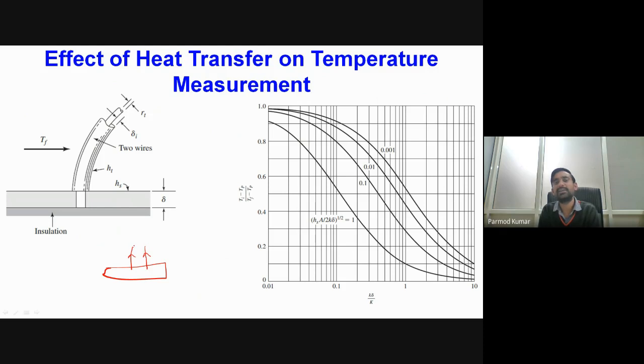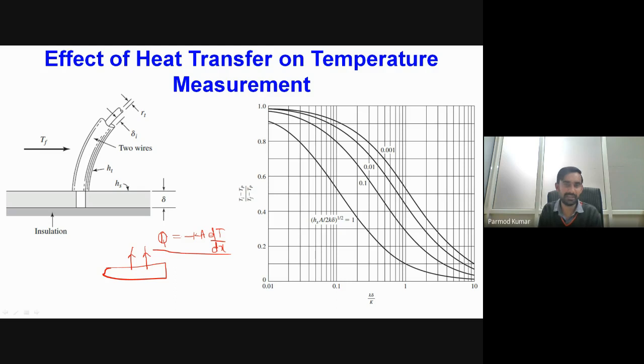This axial conduction leads to another effect which we call the Thomson effect, which changes the amount of EMF produced by the thermocouple. At the same time, one more thing happens: we are removing a certain amount of heat from this surface. Conduction heat transfer is given by Fourier's law of heat conduction, minus K A times dT by dx, which is the equation for conduction heat transfer.